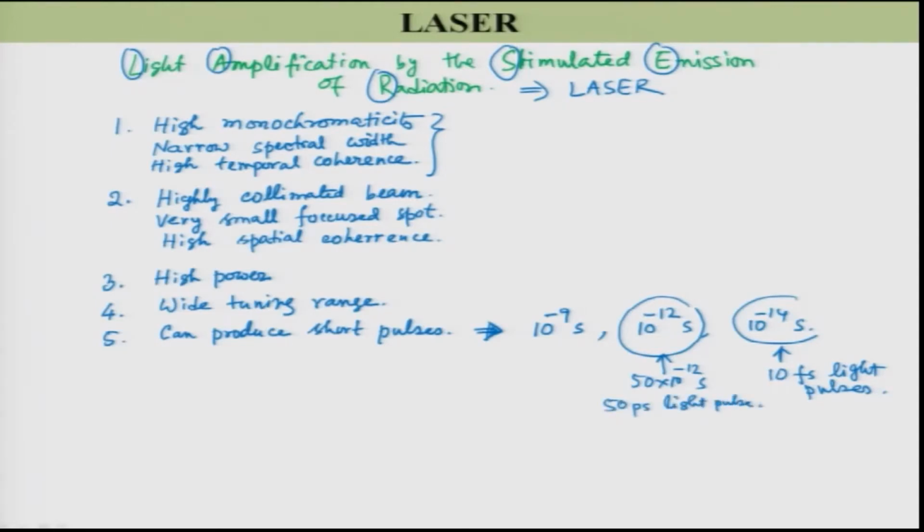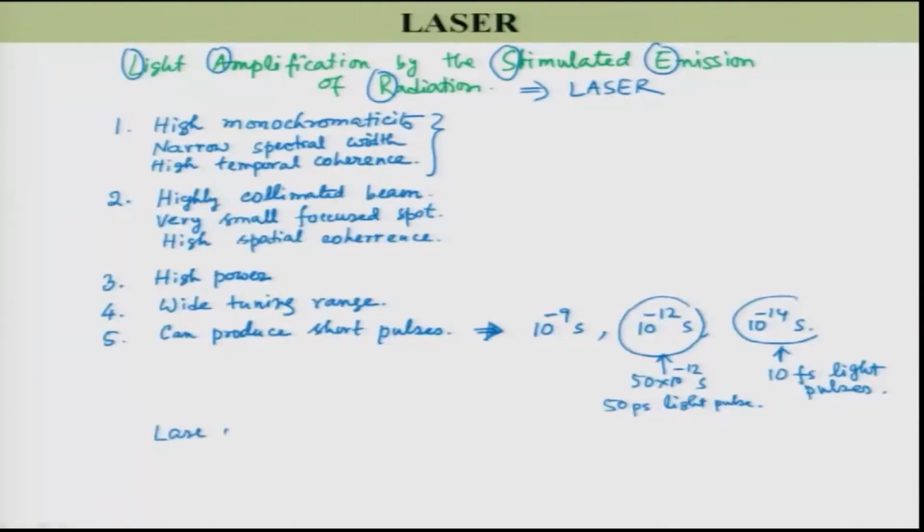Now, the question is: from where did the laser get all these properties? In one word, I can say that one of the important properties of the laser is that the laser is an optical oscillator. That means that the electric field of the laser will keep on oscillating